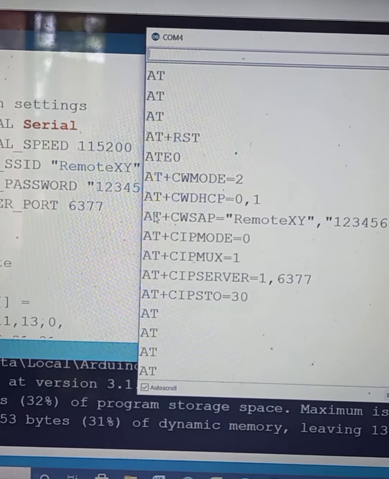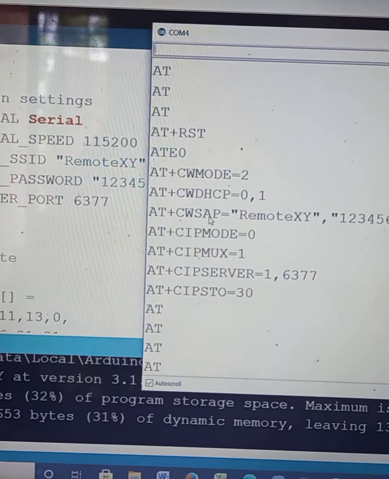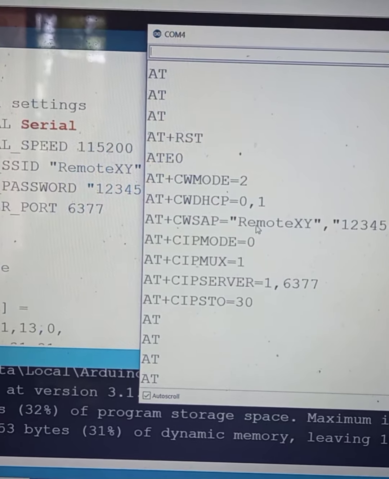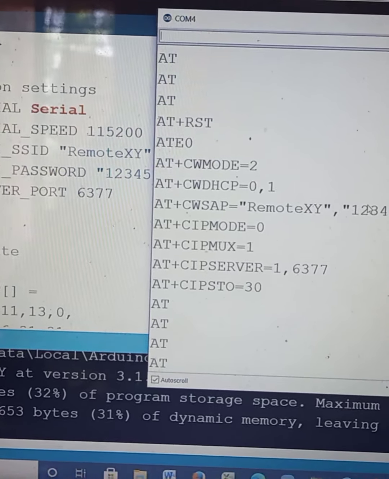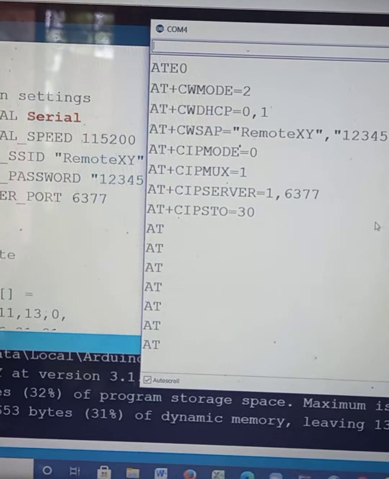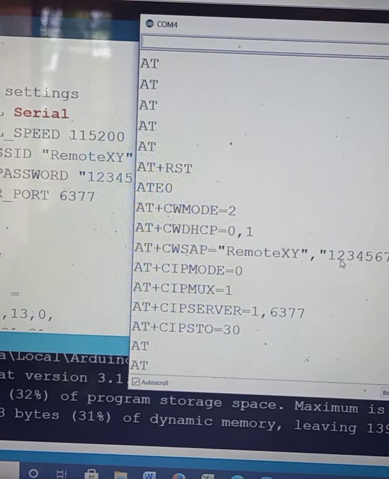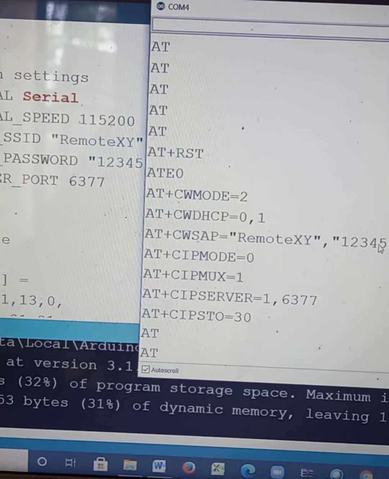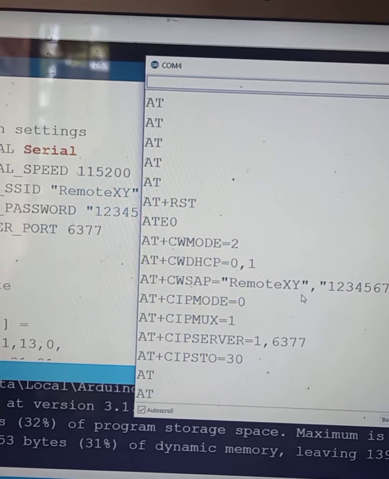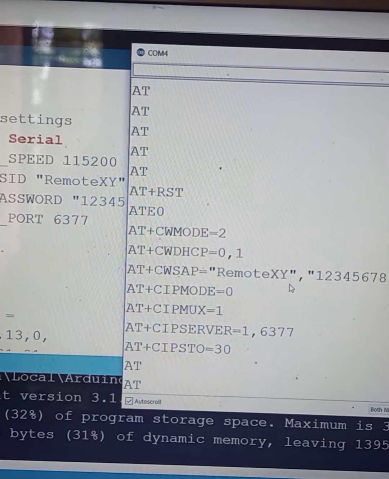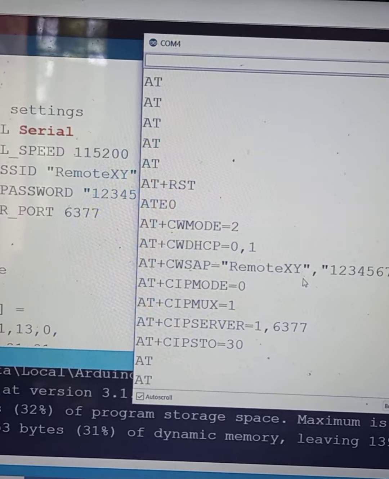For example, this AT+CWSAP command gives you the SSID of the Wi-Fi module with the corresponding password. This is the response coming from the Wi-Fi module, so we can know that the Wi-Fi module that we are going to use is in working condition. So the same code is uploaded.